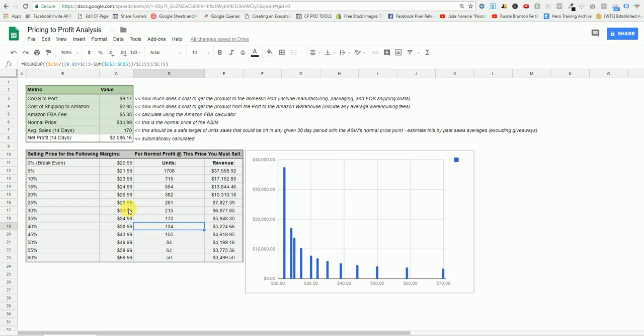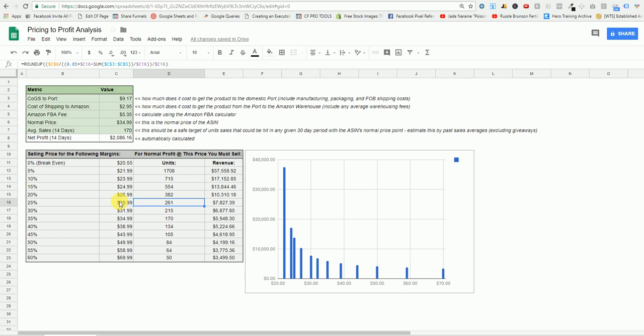So in this case, my question could be, could I lower my price by $5, from $34.99 down to $29.99, to sell an extra, it looks like, 91 units? So bumping it from 170 to 261. If I lower my price by $5, I would have to sell an additional 91 units to get the same amount of profit. But if I think that I could sell even more, something like 300 units, that's more